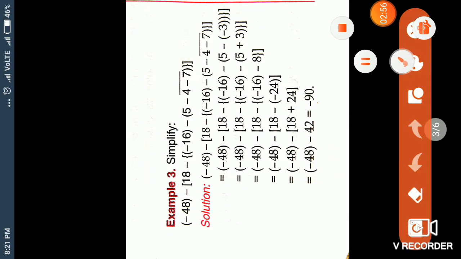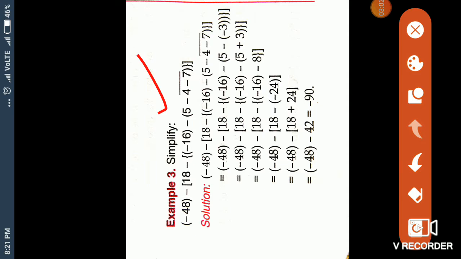There is a second example for you. Simplify. This is a bigger one, and you are seeing here that all types of brackets are used, and you have to solve firstly the line bracket, that is here. You are seeing 4 minus 7, so we will solve 4 minus 7, and the sign before the 4 is not entered inside the bracket, so we will subtract 4 from 7, and 7 is a minus number, so 7 minus 4 gives 3. Understand? And 7 is bigger, so we will put the sign of minus.